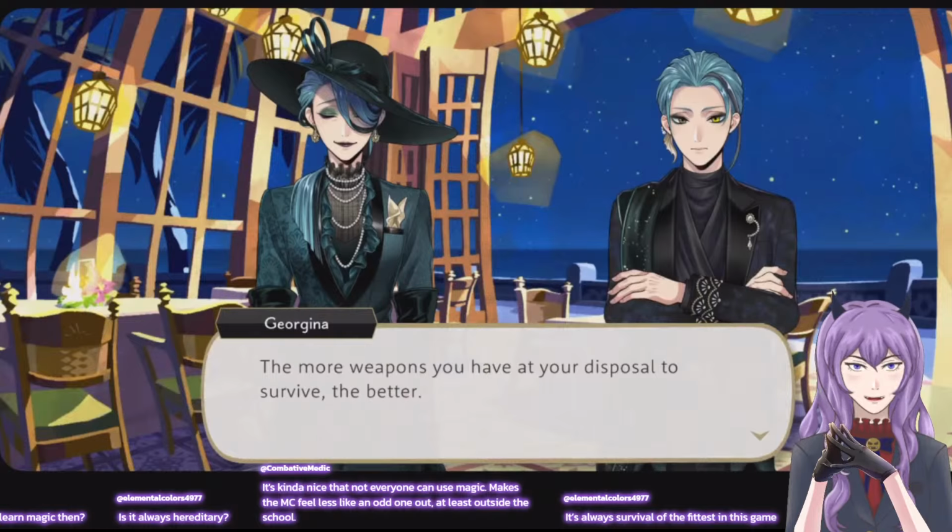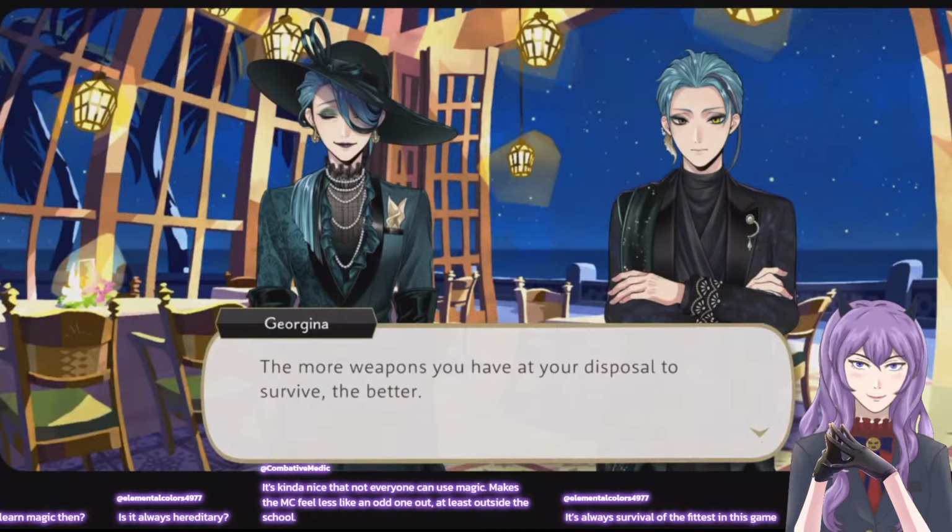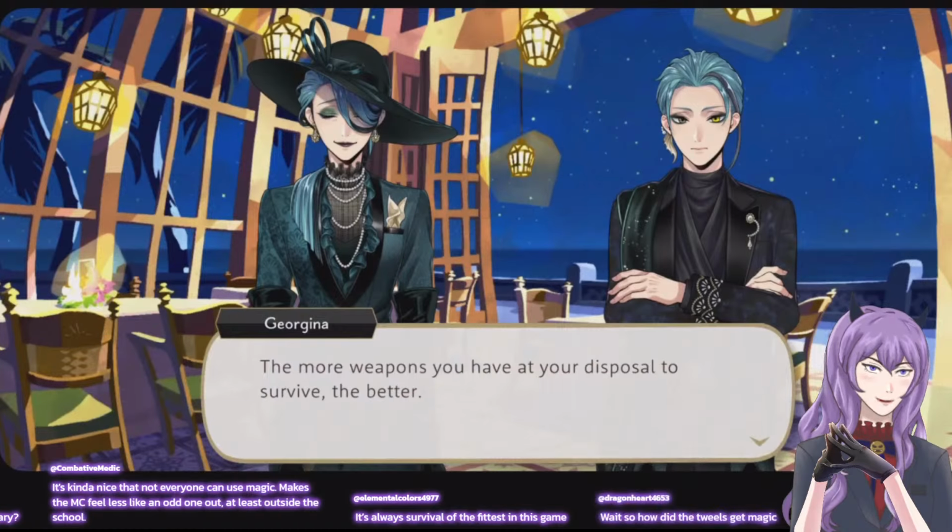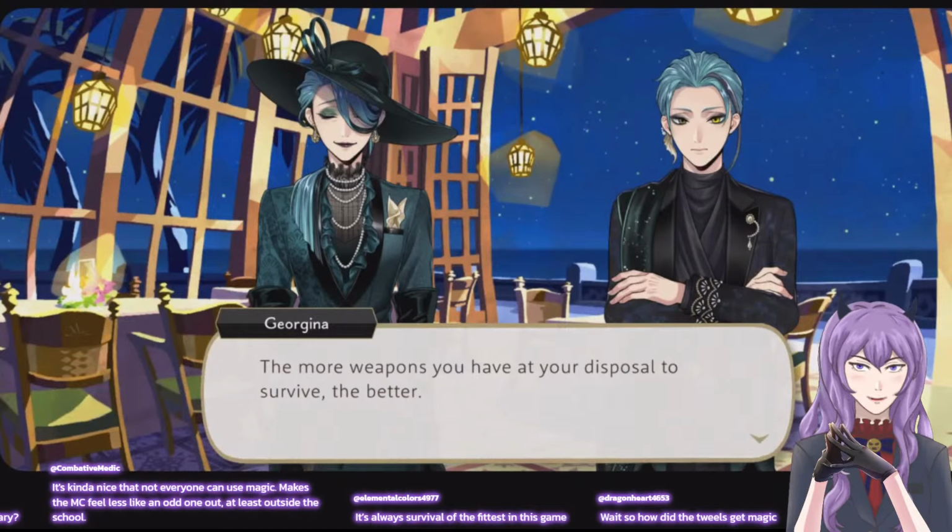Kinda nice not everyone can use magic. Yeah, it's interesting because MC is an odd one out, but only at the school, because there's still a high population of people in Twisted Wonderland who are not magic users. Like, a lot of people aren't. Like, I don't know if Deuce's mother is a magic user. I think Ace's parents aren't magic users. Who else do we know?